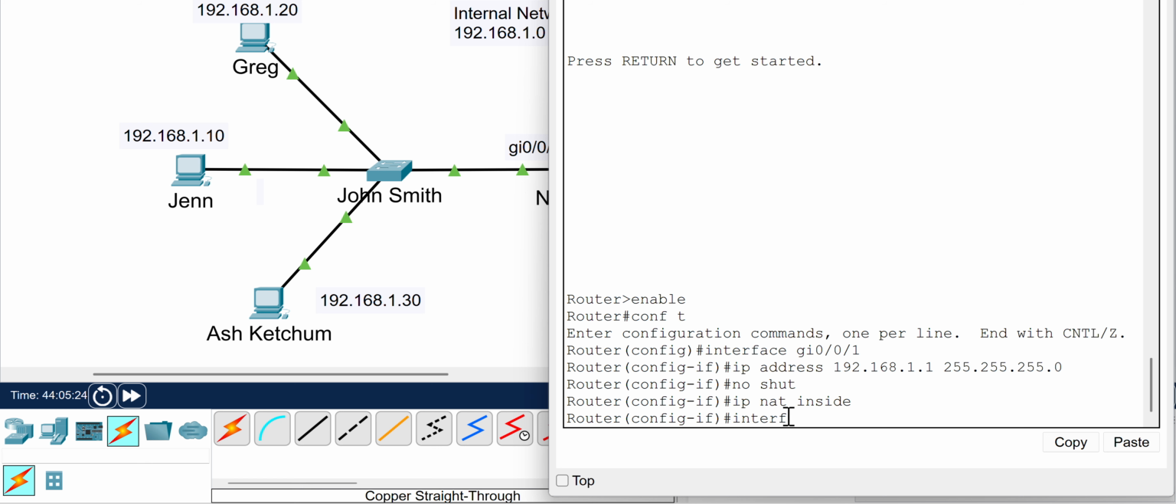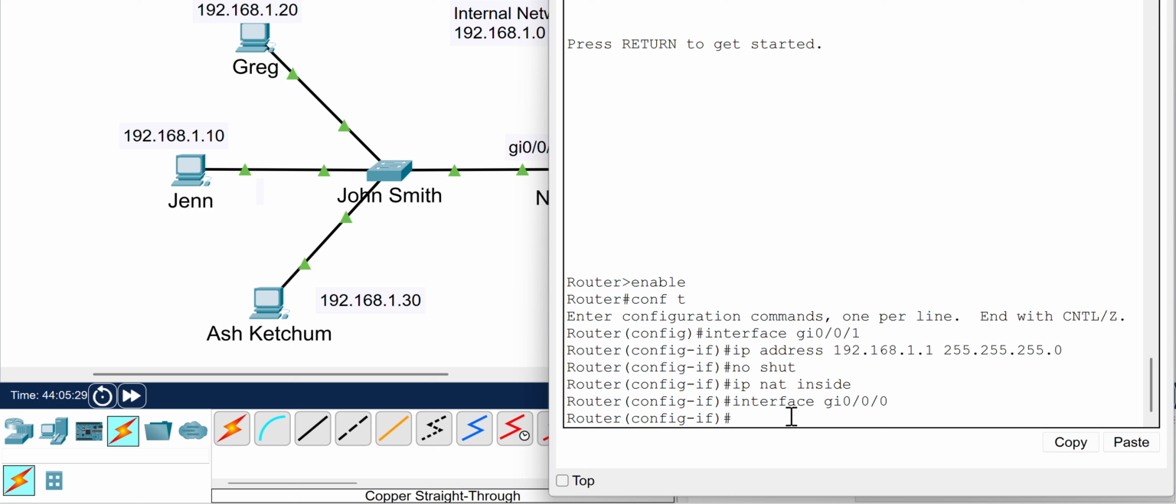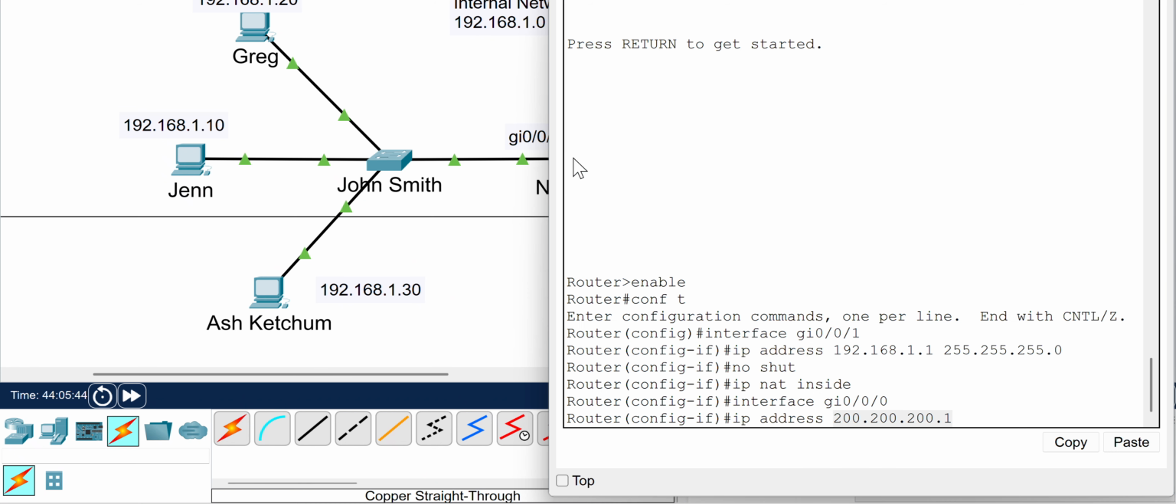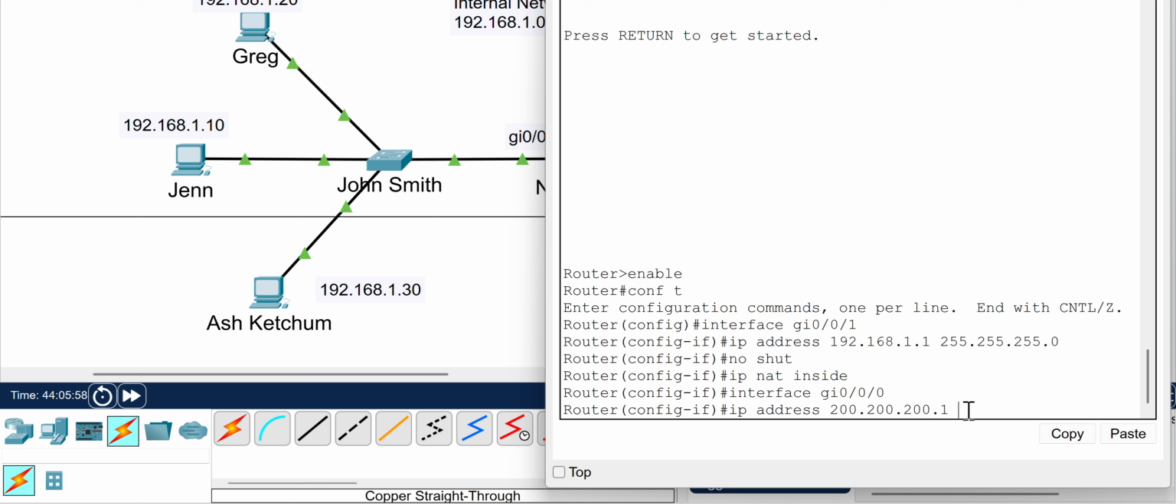Now we're gonna switch to interface GI 0/0/0, which is our external, and we're going to give this one the IP. Now this is the IP address right here that will be our public one. All of our private IPs are going to be translated into this when they go out into the scary world of the internet or the World Wide Web, whatever you want to call it. And of course,